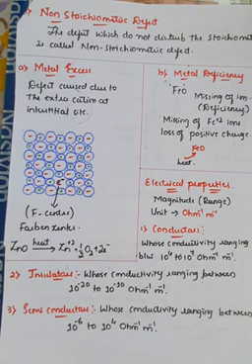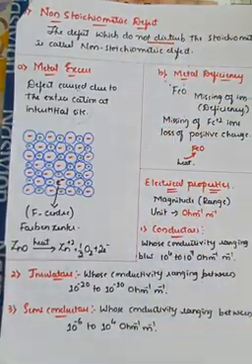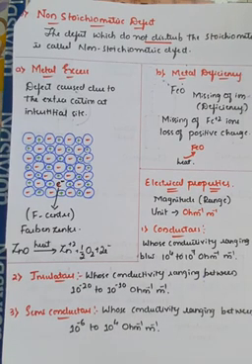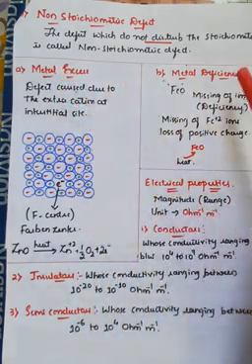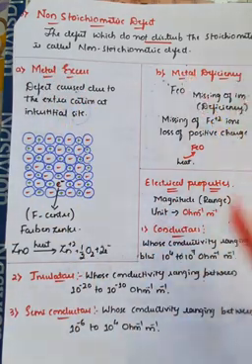So that is the third important type of defect, known as non-stoichiometric defect, in which the defect does not disturb, that word is very important, the stoichiometry of the molecules or the compounds. And there are two types. One is metal excess defect, second is metal deficiency defect, right? The words themselves say metal excess and metal deficiency. The value of metal reduces, and how it reduces I will explain here, right?